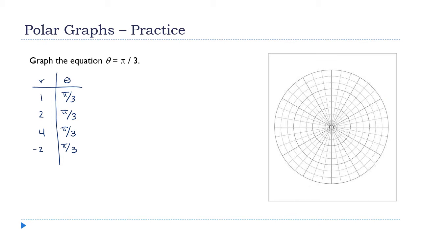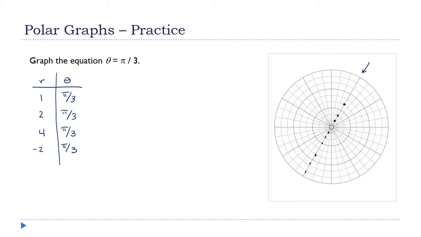Sorry, that's 30 degrees. Pi over 3 is this one, 60 degrees. So if I go out 1, I get this point, and there's 2, there's 4, negative 2 is this way, somewhere over here,